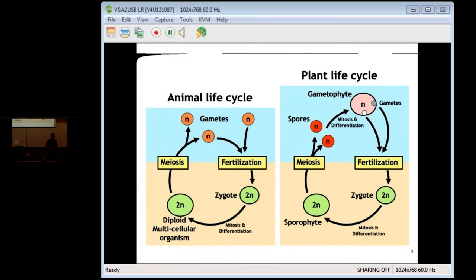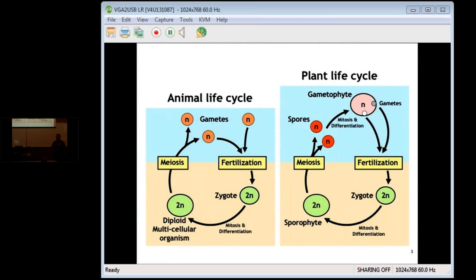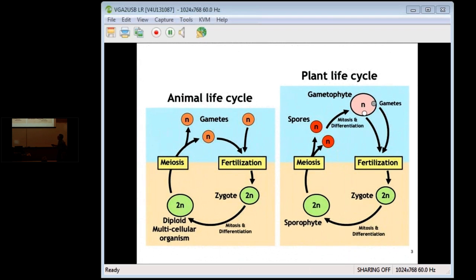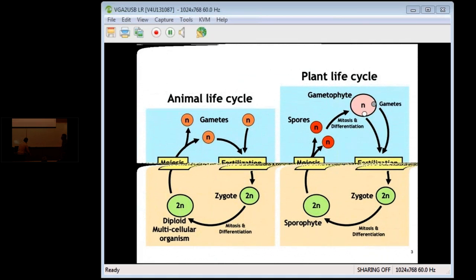Okay, so before I start, it's important to understand where we stand in terms of the processes that we're studying. Where do we stand in the life cycle of the organism that we're studying? It's important to do a compare and contrast between the life cycle of plants and the typical life cycle of animals. And you can see almost immediately that we have a